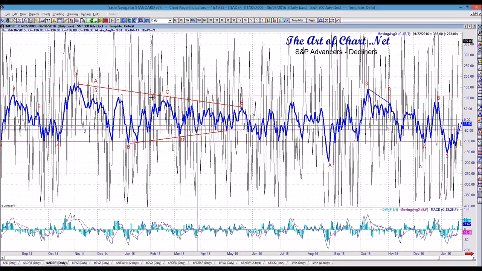Now, I want to say something about the top line. The top line is 110, and that is telling me the market is at another extreme, the bullish extreme. The blue line is a 13 EMA of the S&P advancers minus decliners. That's $ADSP on my system; on other systems, it's $ADSPD.